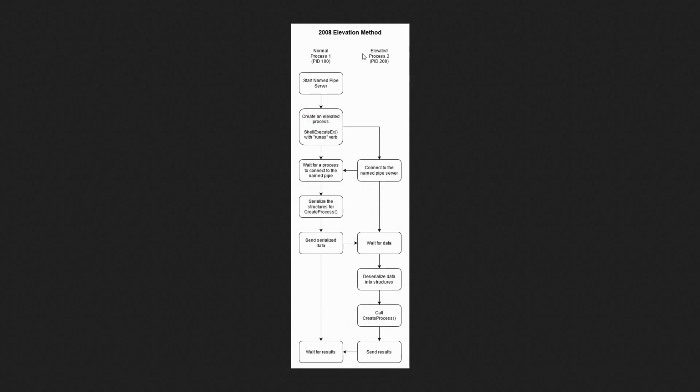Processes with a higher integrity level can access objects at the same or lower integrity level, but not vice versa. As a result, an elevated process can connect to the named pipe server of a non-elevated process to receive instructions on how to call the create process Windows API from the elevated process. The exception to the rule is that if the process has SE debug privilege enabled, it bypasses such checks.